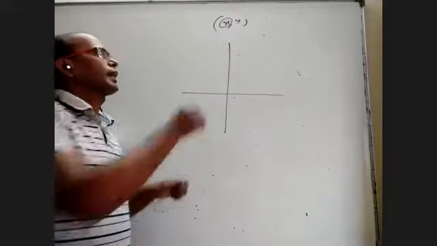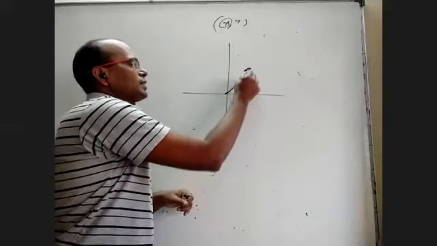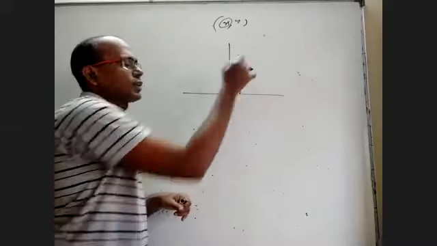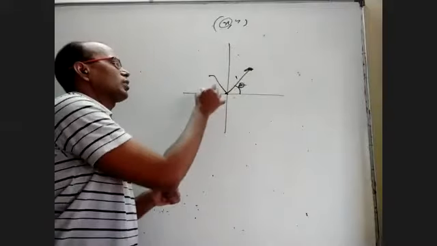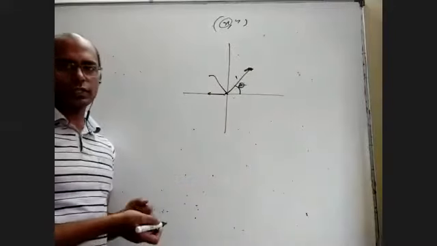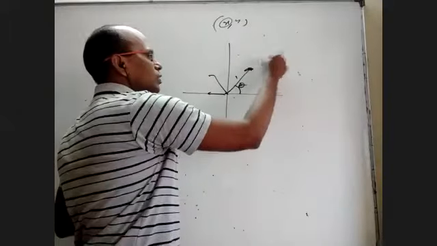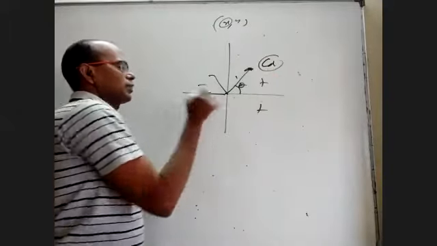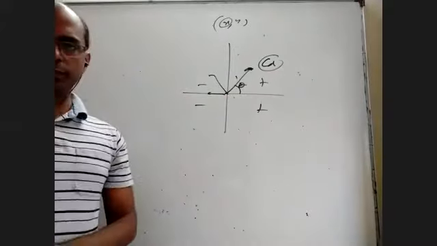Why? X coordinate is cos theta. If a point is here and this angle is theta, this x and this 1 unit, this x coordinate is cos theta. Because in first quadrant, the cos is positive. In second quadrant, x coordinate is negative. That's why cos is negative. If you take only cos, it is positive here, negative here, negative here, simply because x coordinate is positive here, x coordinate is negative.